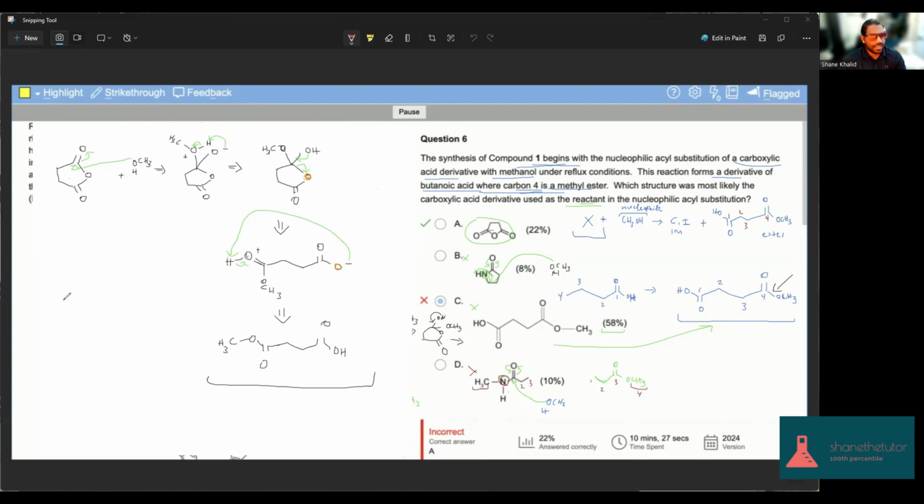The fact that it's cyclic doesn't make too much of a difference. If you had a regular anhydride, this would just break apart into a carboxylic acid and an ester, something like that. It has two separate compounds because it's not a cyclic structure. But if you're doing it for a cyclic structure, it'll break apart the ring, producing one structure that contains both the carboxylic acid that we're expecting as well as the ester that we're expecting.